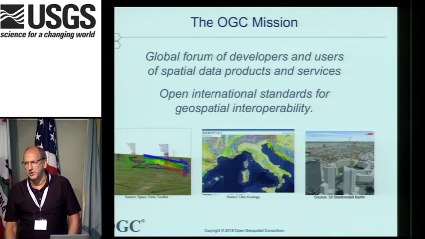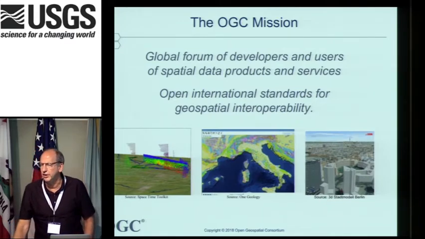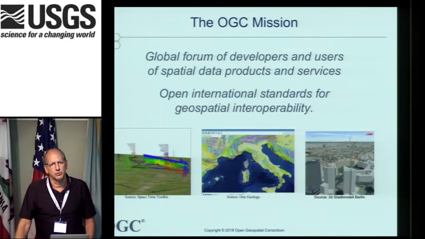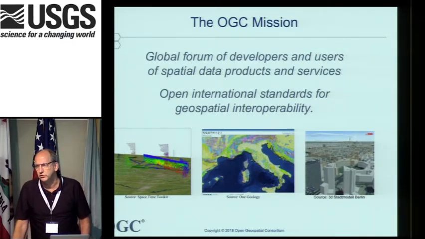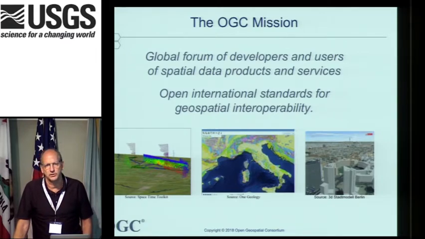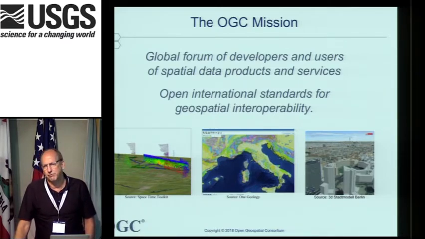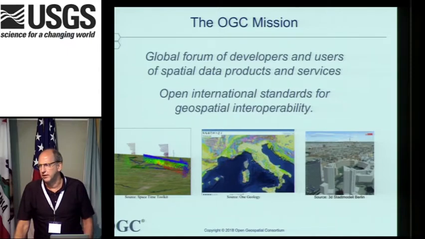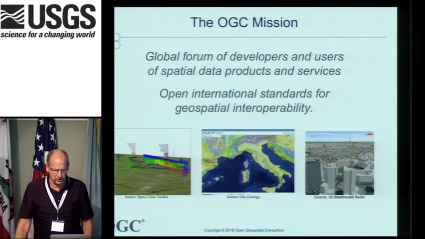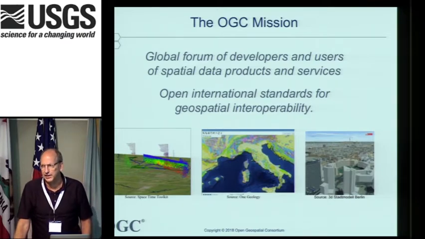So OGC, the Open Geospatial Consortium, has been around for about 25 years. We have about 525 member organizations from around the globe, from the triple helix of universities, government and commercial organizations. We've got about 40 standards, hundreds of thousands of data sets served up through OGC standards, compliance test suites, that kind of stuff. So we're an open forum for the development of interoperability associated with geospatial data.